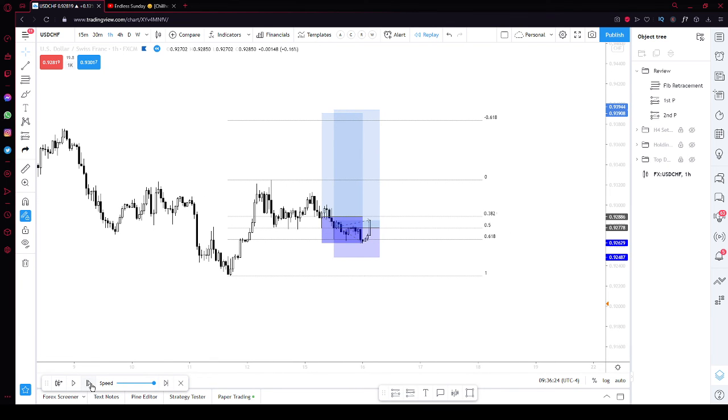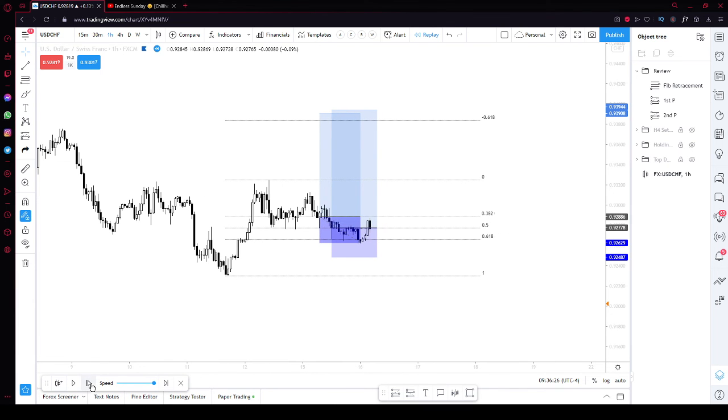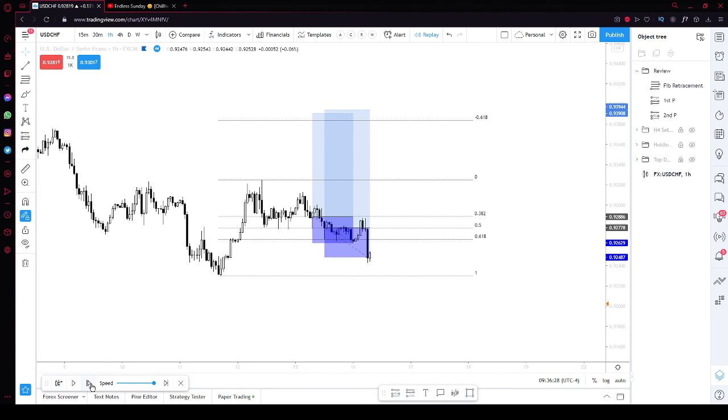Off of this, again, on both of these I was off the chart and they ended up hitting my stop losses. And not much I can do there. Just gotta do better next time, find a better opportunity, and make sure the setups fall in line with my higher time frame setups.